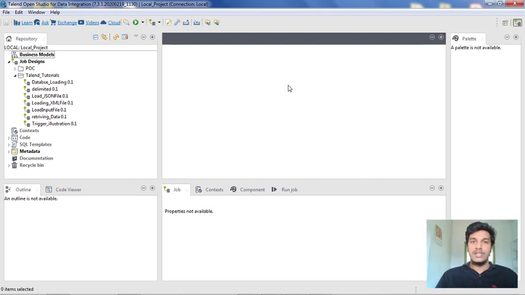That is the tMap component. Normally, suppose we have thousands of files which have a thousand columns, and in the output file you want only 10 columns.